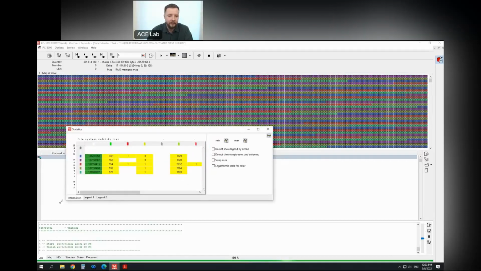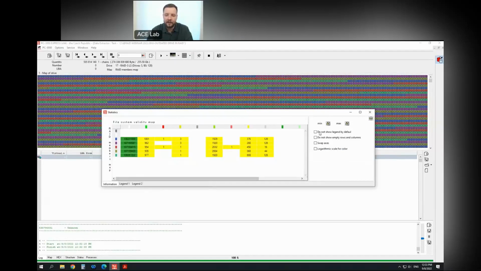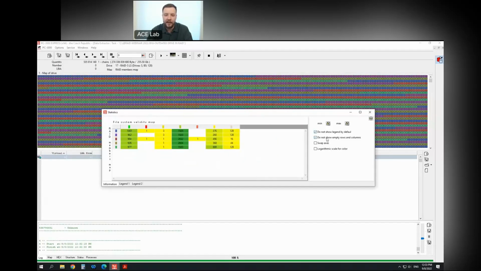And let's analyze. What do we have? Now, to make the table a little bit easier, I can hide default values and empty values. So now you can see that drive A contains only one invalid header, and drive C also contains only one. Drive C also contains one sector with not valid metadata, but there are about 2000 sectors with valid metadata, there are about 1000 sectors with good headers, so